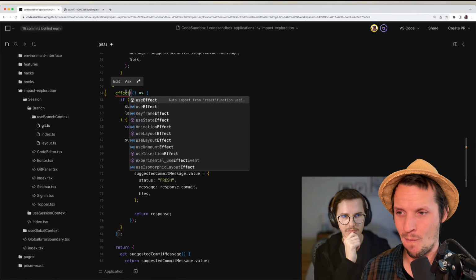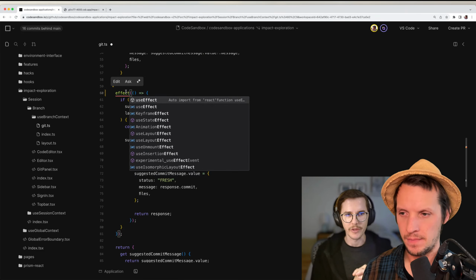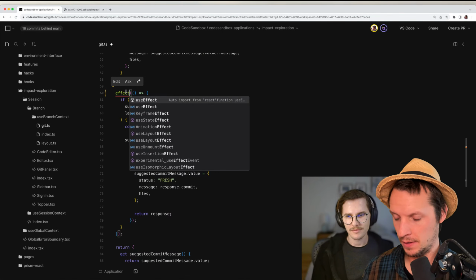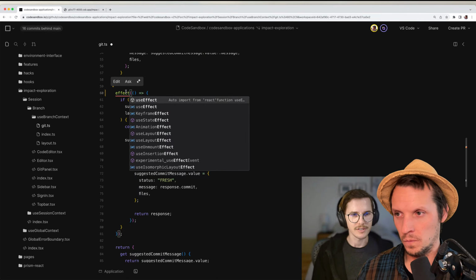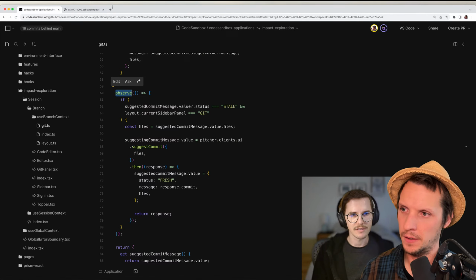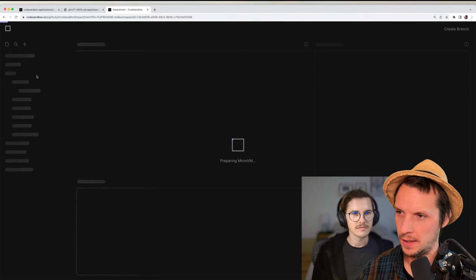Yeah, as I said, because this is what this function really is. It's some kind of a useEffect, but with a different behavior. It's not a hook. It's not a React primitive, but it's kind of a similar thing. And it aligns with the others as well. My biggest point here is that it might be confusing if you use observe and observer. Yeah, I agree. Let's just fix that.